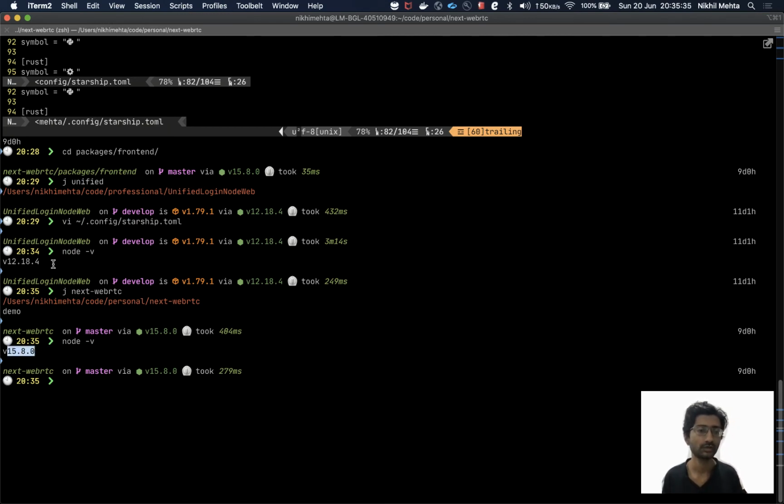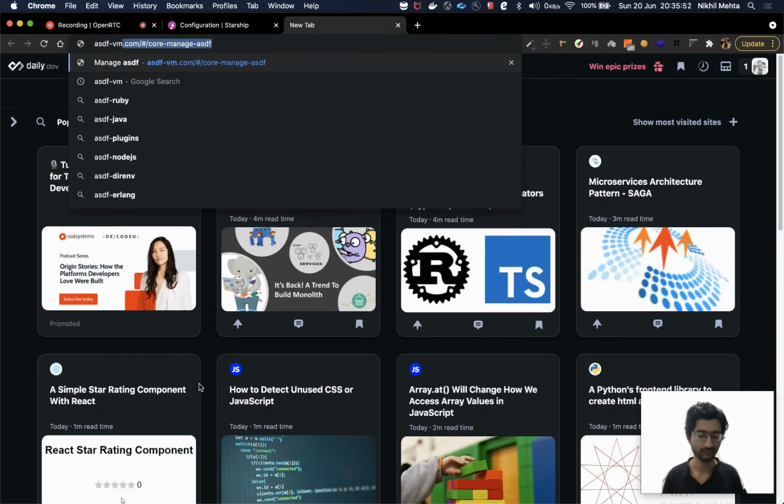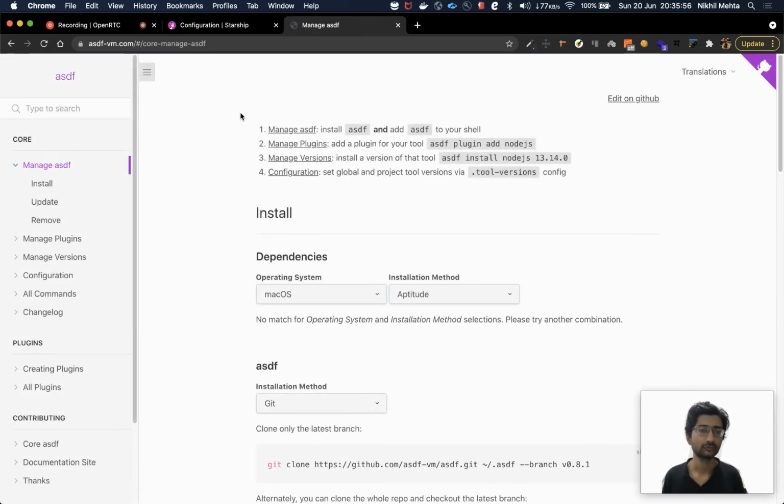And you must be wondering, okay, how do you have different versions of the same software, in this case node, right? This is possible via something called ASDF. You can go to the site asdf-vm. You can even Google for that. This is a version manager which I really like because I get to use multiple versions of the same software.